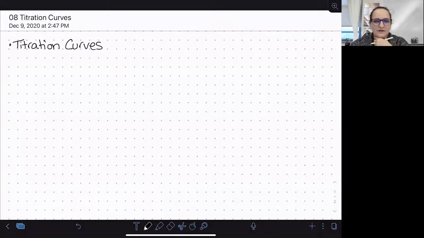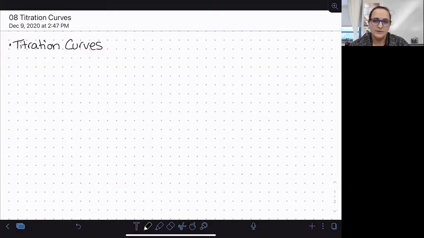In this video, we're going to be looking at how pH actually changes throughout the course of a titration, because it is not linear at all. So in the titrations that we have done in the lab, we've been using a pH indicator to tell us when to stop, to tell us when neutralization has been achieved, when we have added exactly enough titrant to neutralize our analyte. But there is another way that we can determine that if we're able to monitor how the pH